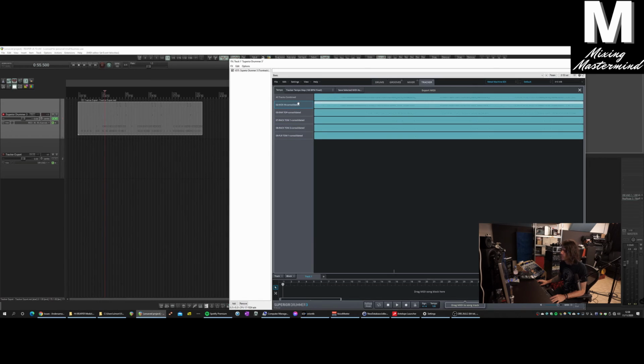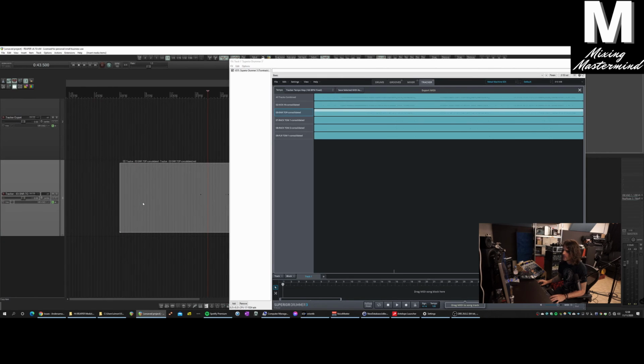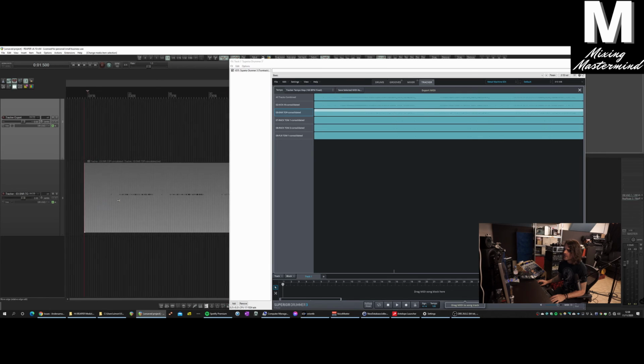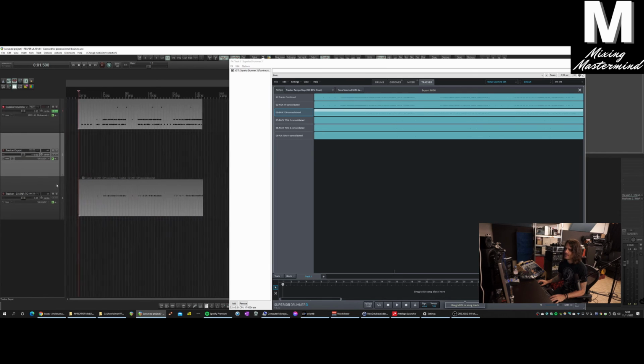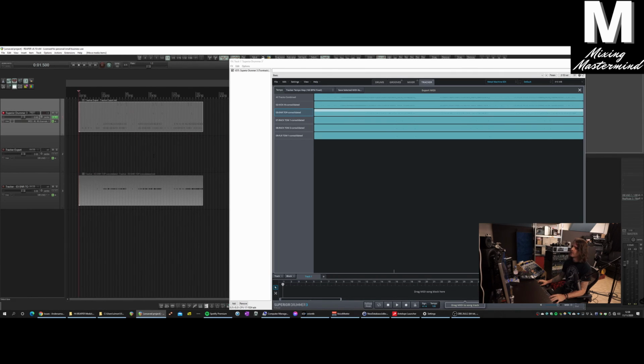We can also export things individually if you just wanted to trigger a snare, for example. With some of the program, we can just select just the snare and drag that. That's going to give us just the snare track. And we can do what we want with that. So it's up to you what you use your MIDI with, how you want to trigger things, but that's how you export the MIDI from